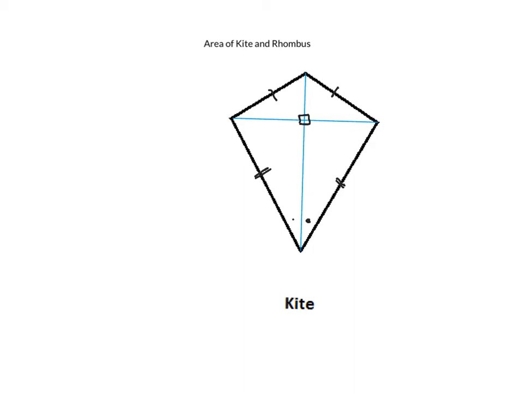This angle is the same as this angle. This angle is the same as this angle. These 2 angles are the same, and these 2 are the same. Now, why is that? Because this diagonal here is also a line of symmetry. So the left and right hand sides of the kite